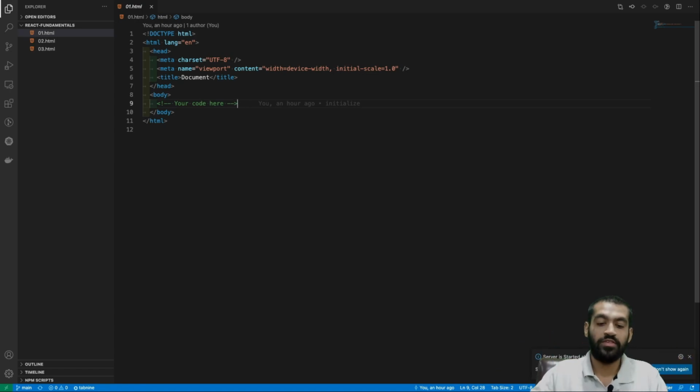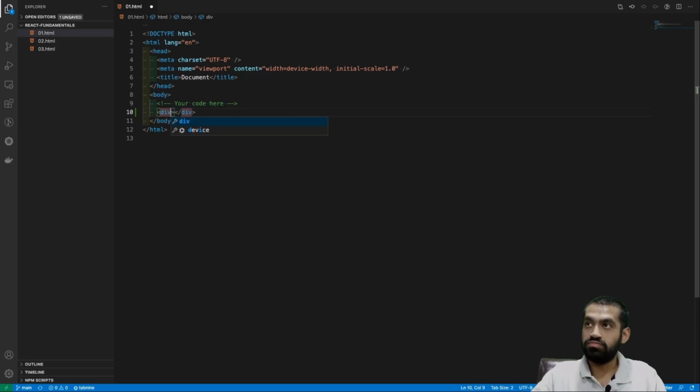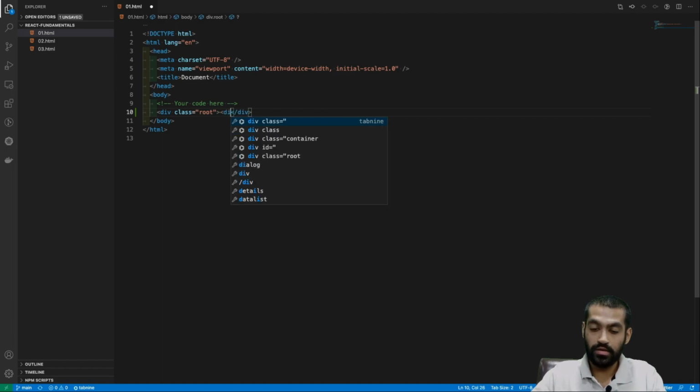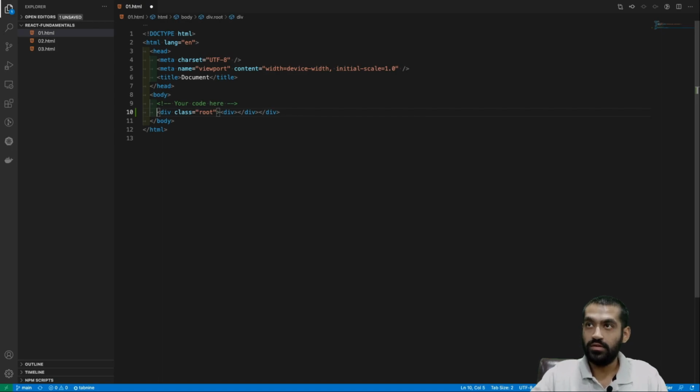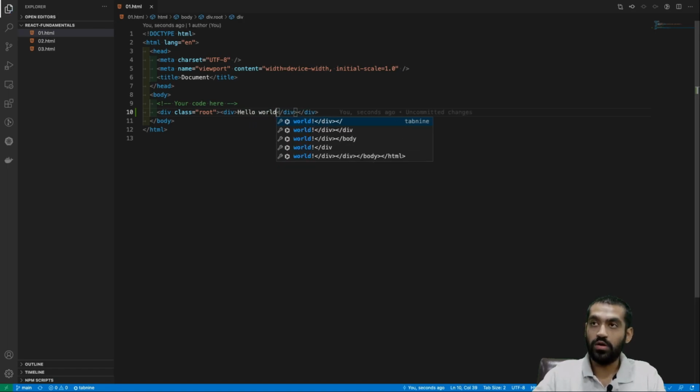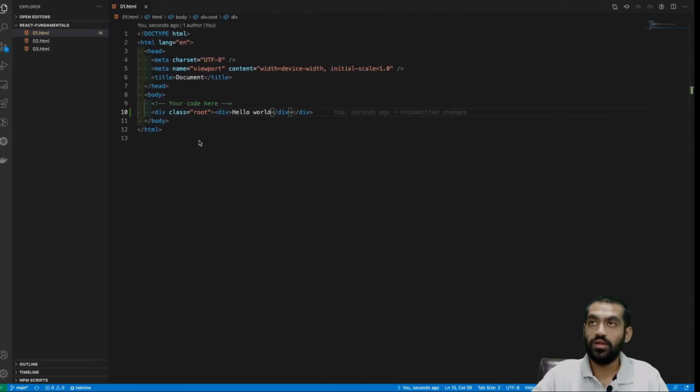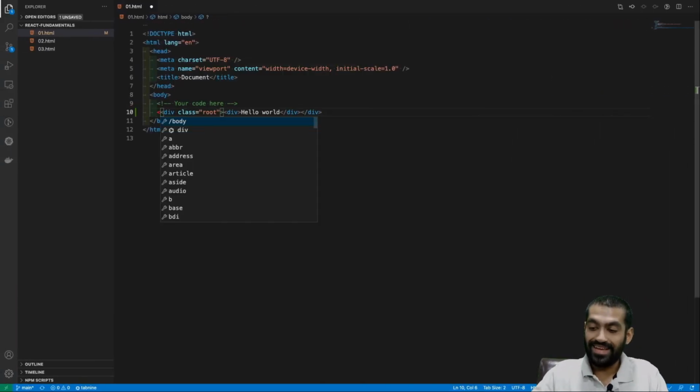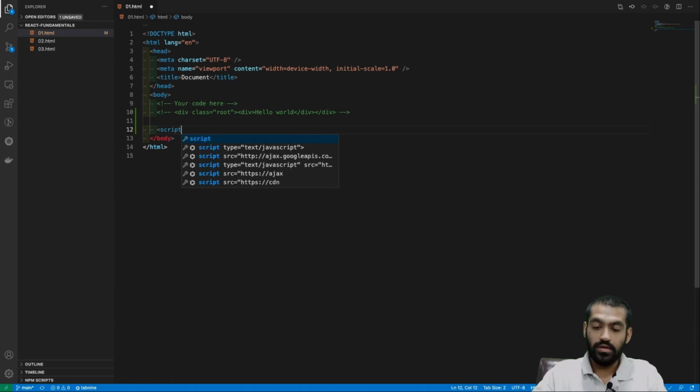So what's the goal of this exercise? Okay, so we have to get something like this. Let's do a class equal to root and then a div with the closing tag. Okay, a div, and inside this div we need a hello world. Okay, this is pretty easy, right? We have this hello world. Here's the catch: we cannot use HTML for this. We have to use the script tag strictly. Okay, how do we do it?